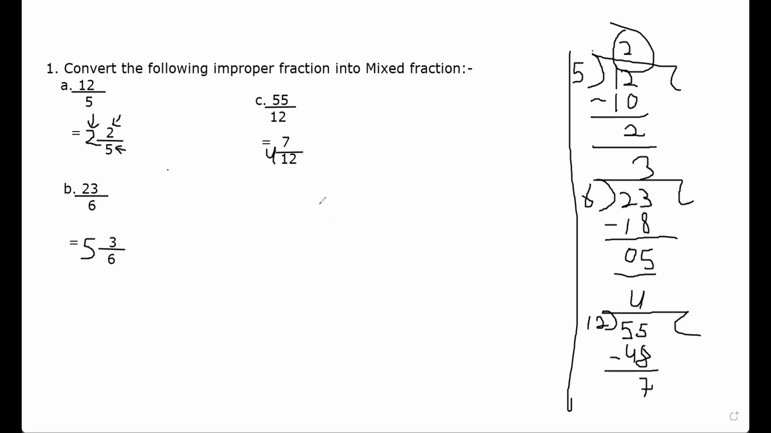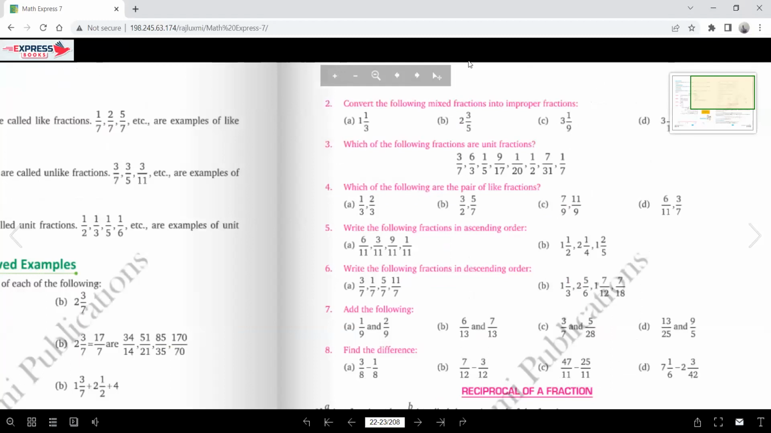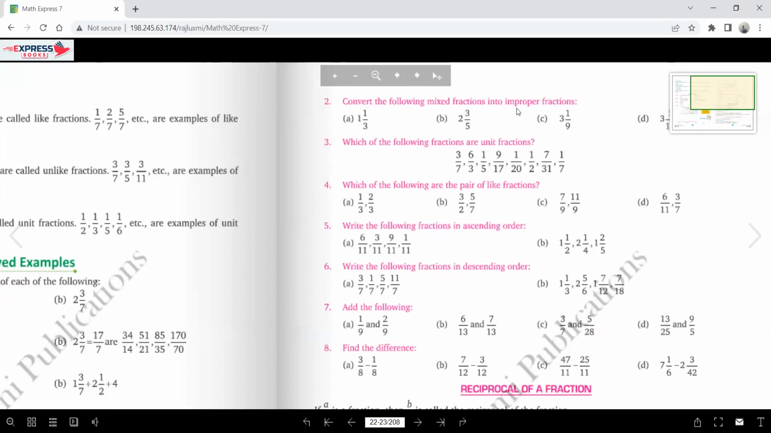And now I'll just start second part. The second part says that, look at the book. I'll just share you the doc. Okay. You can see that convert the following mixed fraction into improper fraction. My dear student, in this second question, we need to do the opposite work. Here, the mixed fraction is given, and we need to change it into the improper fraction. So, what we have to do now? Simply